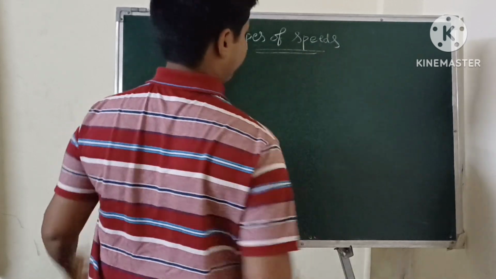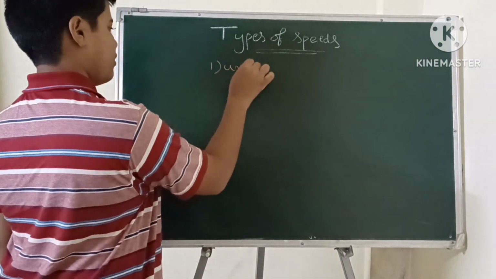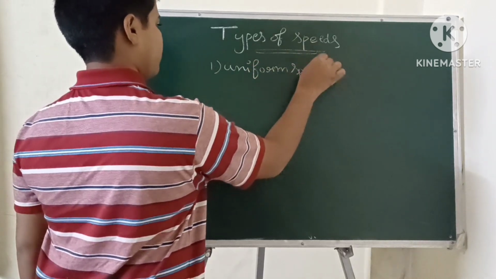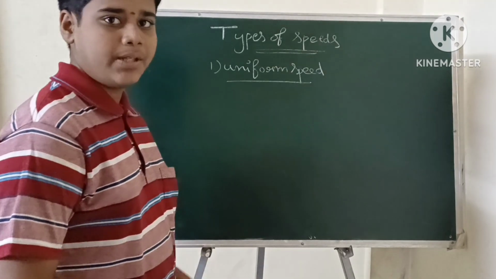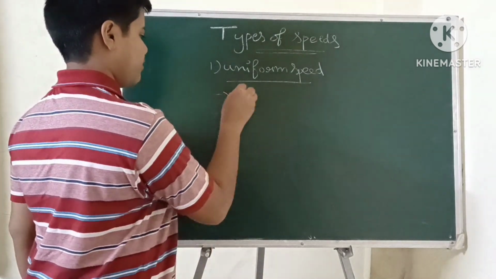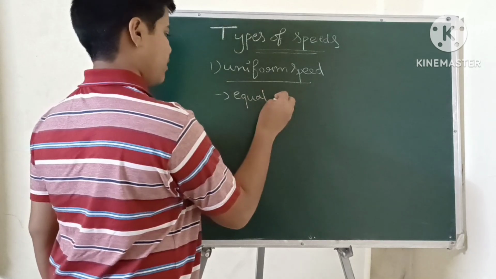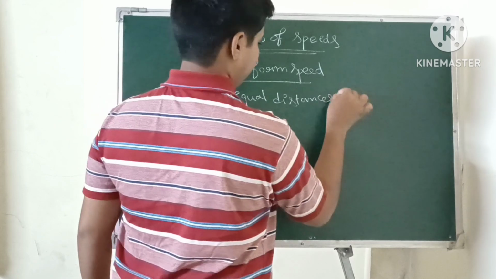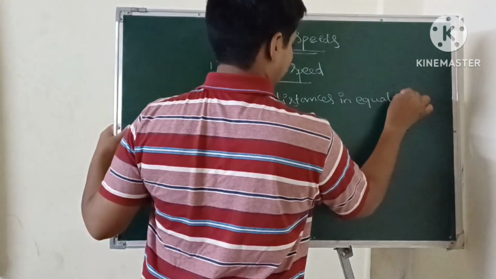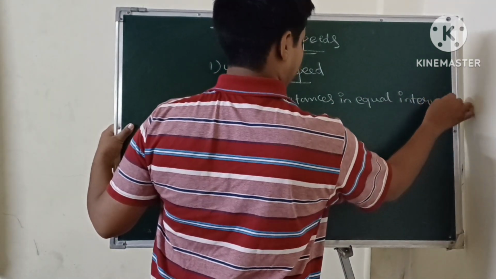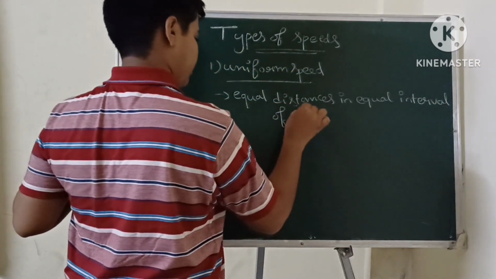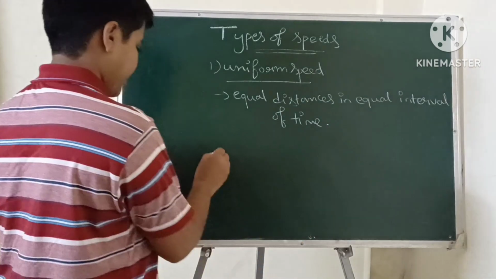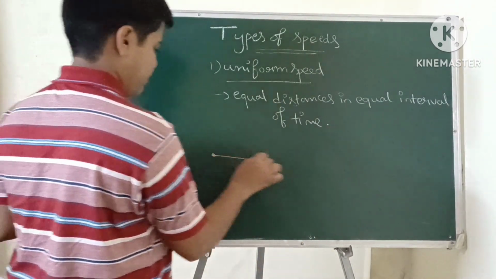Types of speeds. Here in this first one, uniform speed. Uniform speed means equal distances in equal interval of time. Equal distances in equal interval of time means, here I am taking, this is from starting and this is